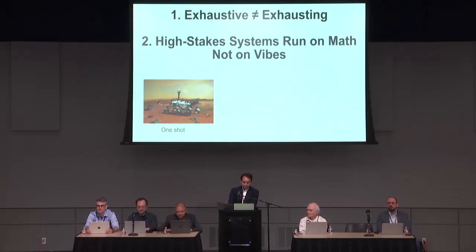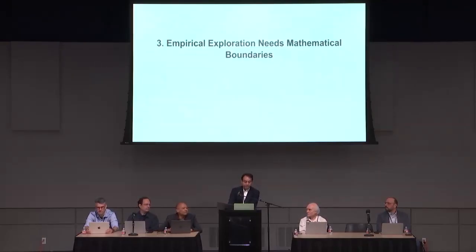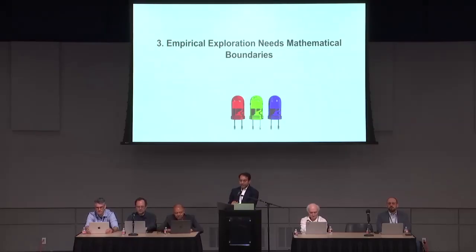Now, I want to make a third point, and this third point is important. Empirical exploration needs mathematical boundaries. Yes, experimentation is very vital, but without a model, you're not exploring a design space. You are stumbling around. So I'll give you an example in